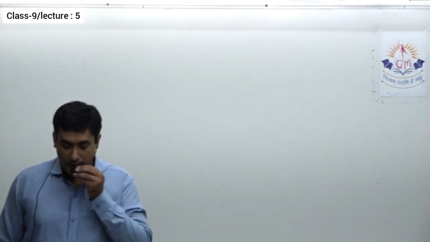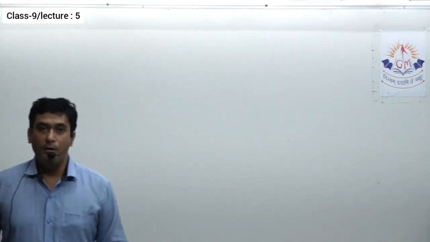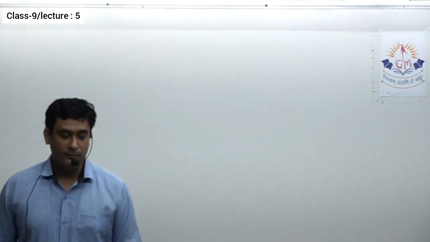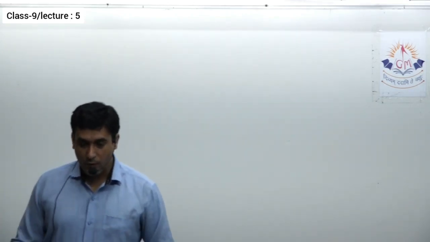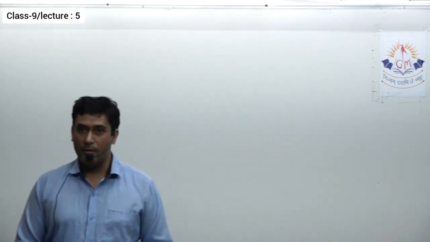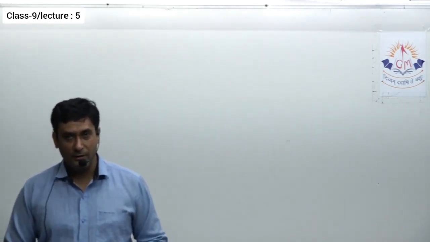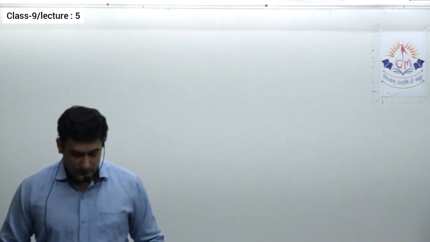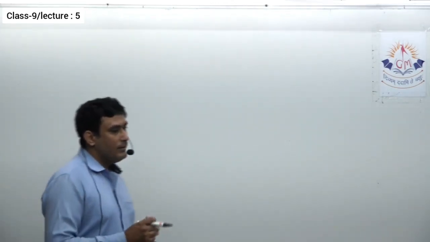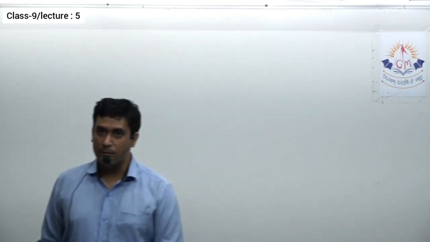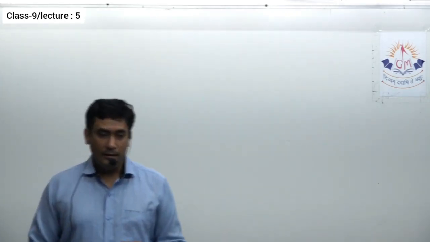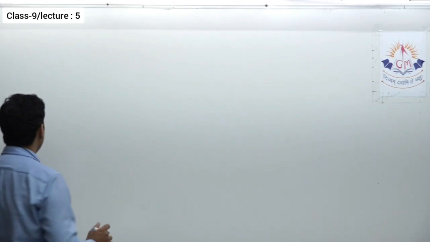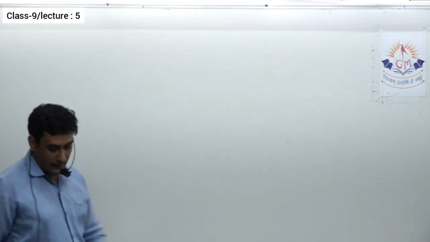Hello friends, in the last lecture we saw operations on real numbers. That means what we'll get if we add or subtract two rational numbers, two irrational numbers, and we also saw the examples for that. Now in this lecture we'll see how to find rational or irrational numbers between two given numbers. So the heading is